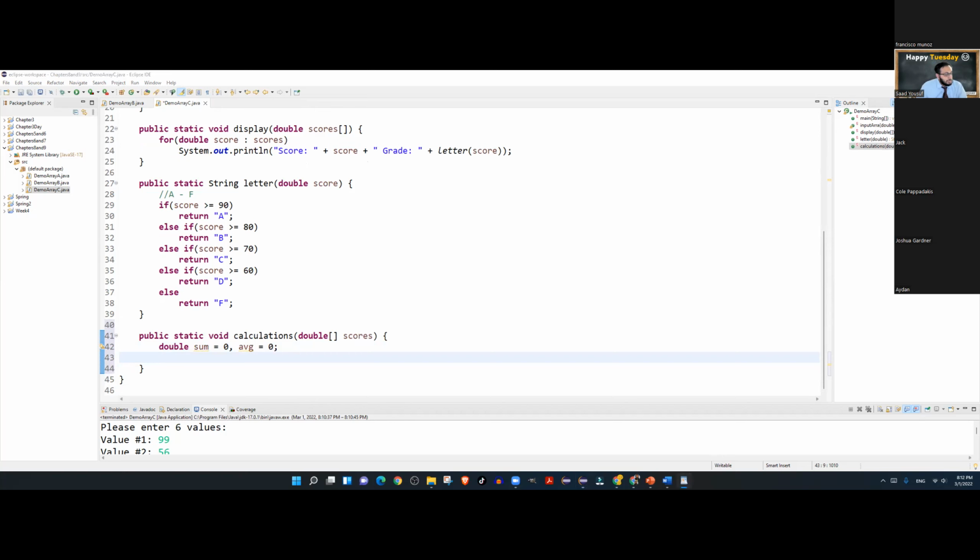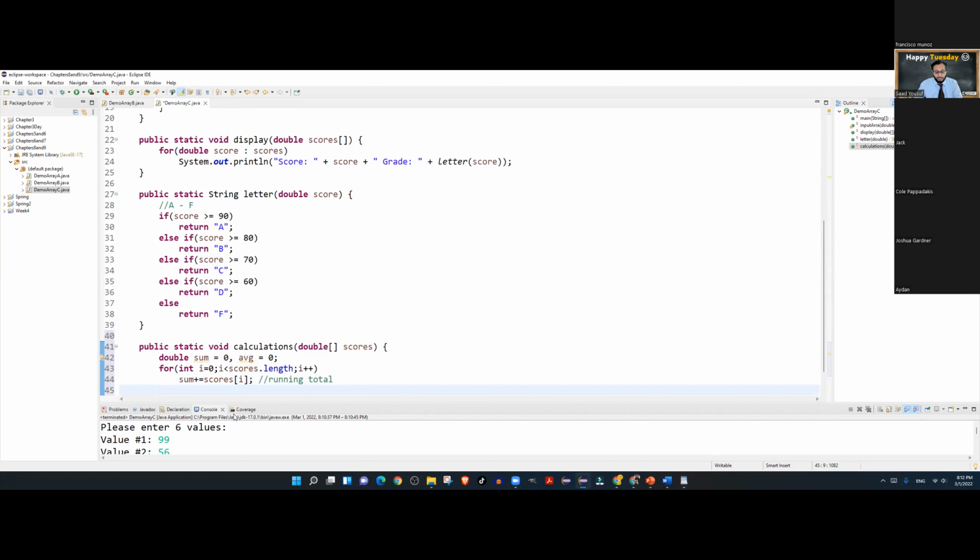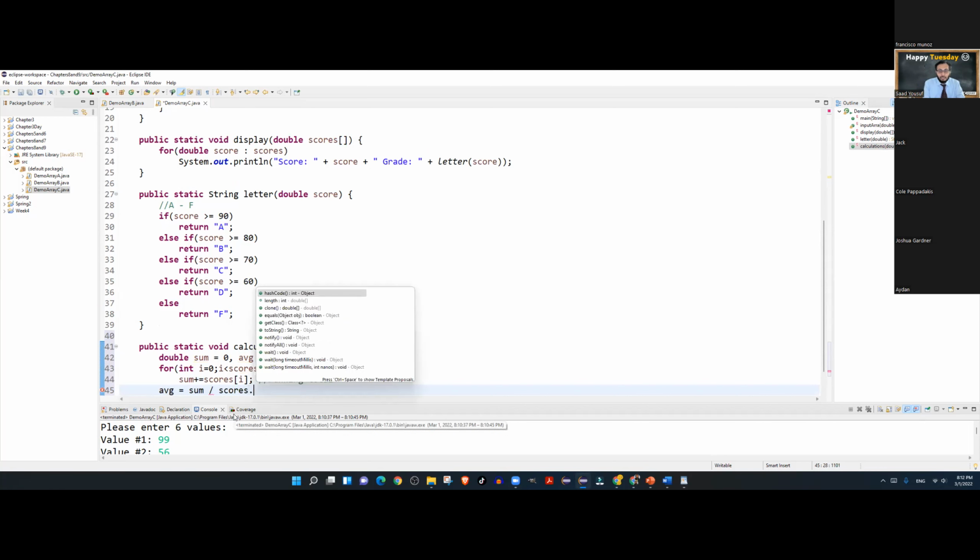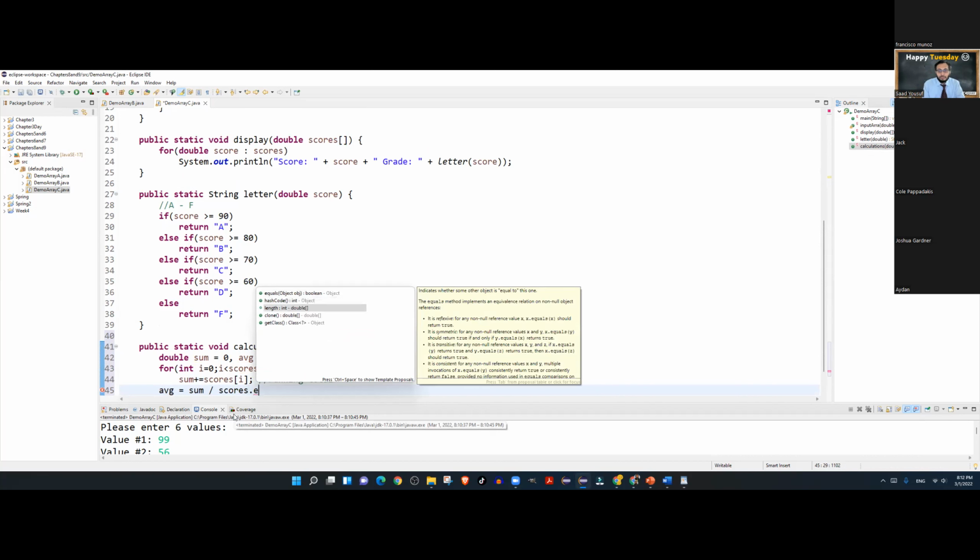This is very similar to the example that you guys did earlier on to calculate the running total. This is where you have your running total, or as one of you said, jogging total. And then you can calculate the average by simply dividing the sum by the length of the scores.